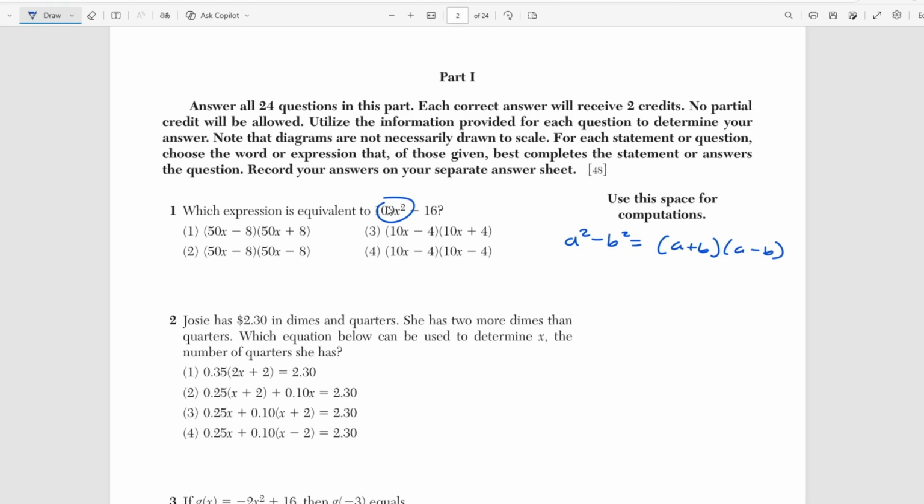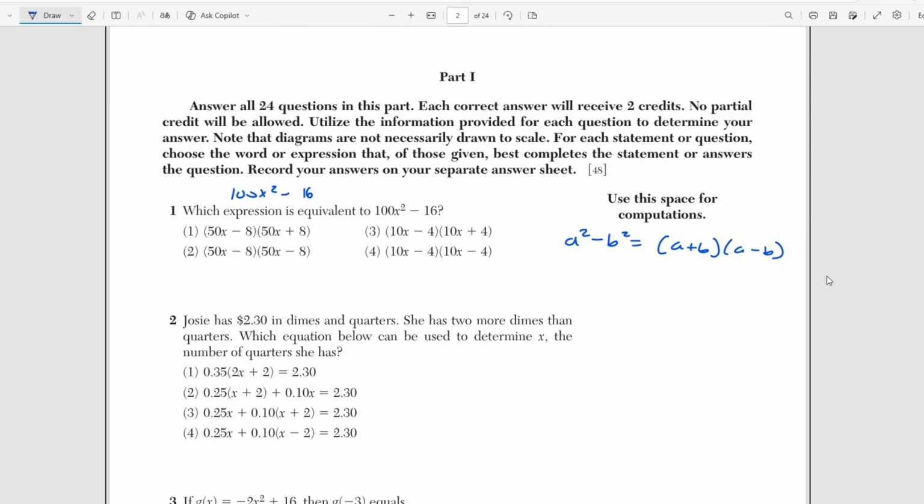Whenever you have two perfect squares like 100x squared and 16 and you're subtracting them, you can always rewrite them as their individual components being added to each other and subtracted from each other. What I mean by this is 100x squared is the same thing as 10x raised to the power of 2. So 10x is going to become my a, because 10x squared turns into 100x squared. Then 4 squared is the same thing as 16. So here I'm subtracting that from 10x squared, and I can rewrite this as 10x minus 4 times 10x plus 4,